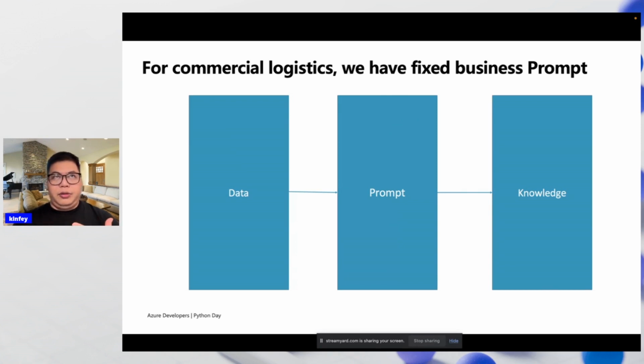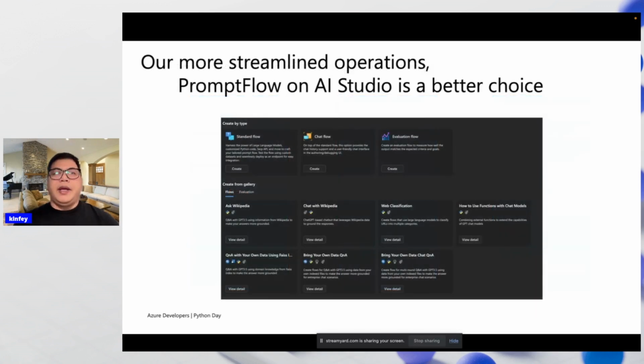The format will not change, but the prompt is not stable, because you need to give commands to different people, and they can express different languages and different things. But for the business scenario, the prompt is feasible. So maybe we can choose PromptFlow on AI Studio as a better choice, because it lets you finish some business prompt to finish something.